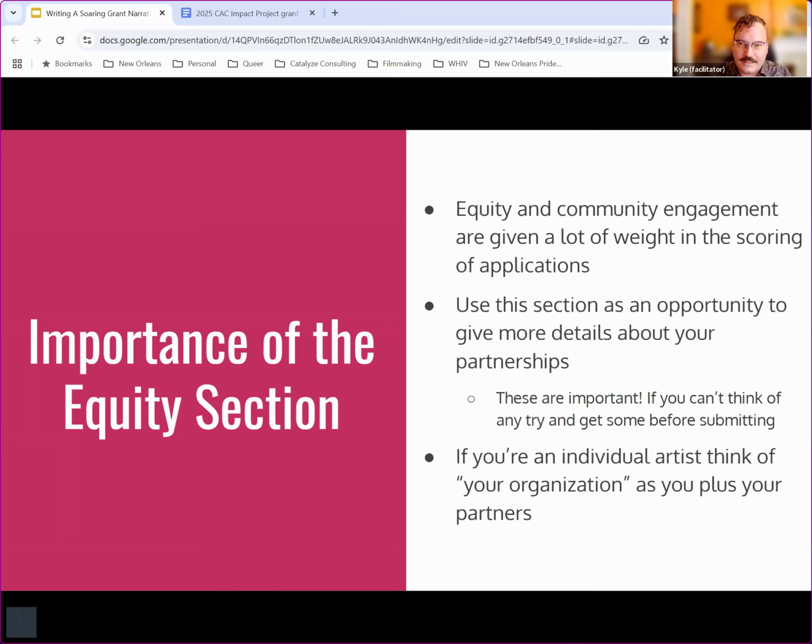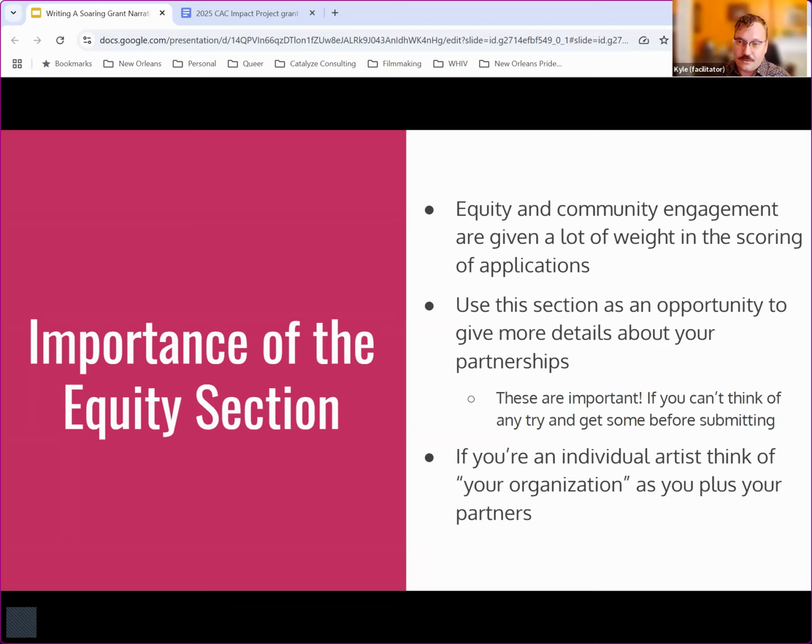But really try to dig as deep as you can, get as nuanced as you can, get as specific as you can in these areas. Because I promise you, there's going to be so many projects out there that really skate over equity, especially, right? That are just trying to kind of BS their way through these sections around equity and community engagement. And so if you do a really fantastic job, if you really highlight that rooted connectedness you have back to the community, it's going to help your application a lot.